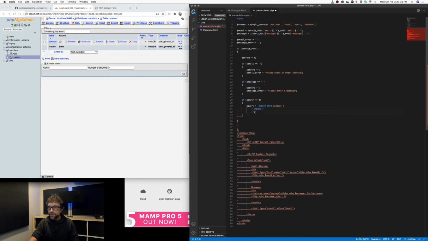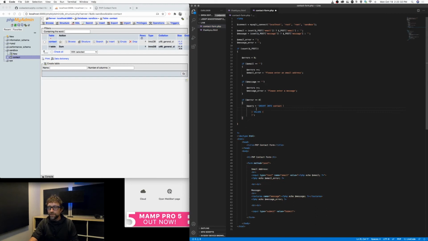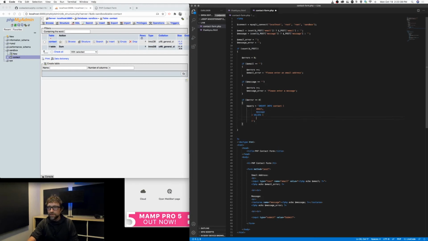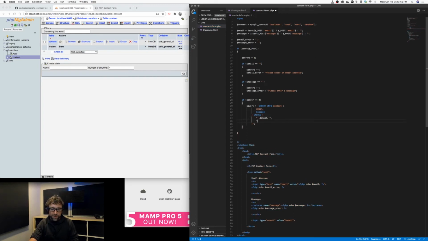And I need to specify which fields I want to fill. So I want to fill the email address field, and I want to fill the message field. I want to fill the email address with my email variable, and my message with my message variable. Now, there is a chance that the email address or message provided by our visitor contains